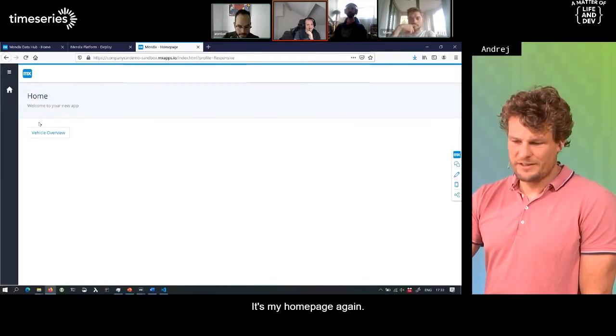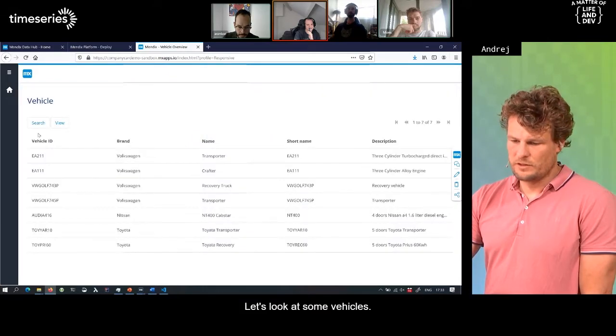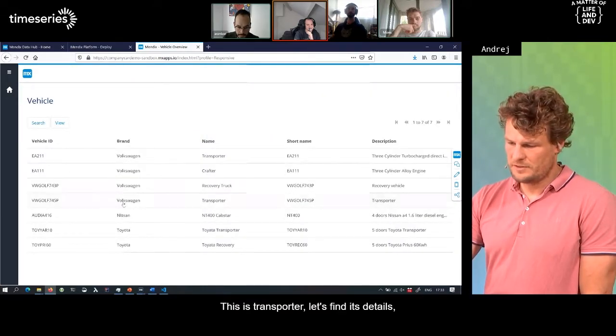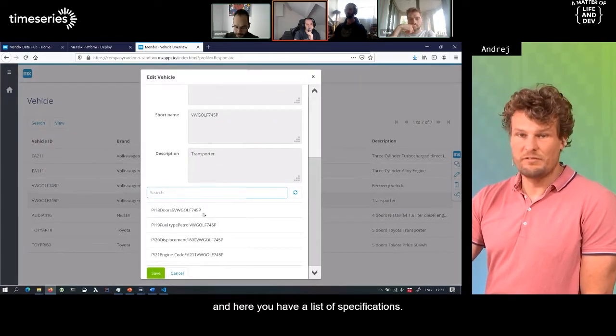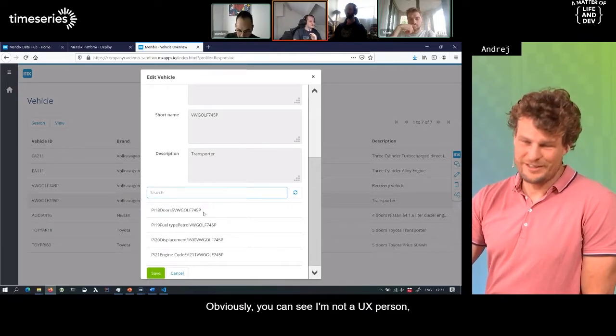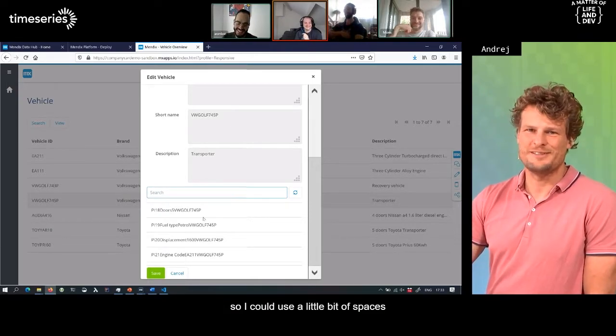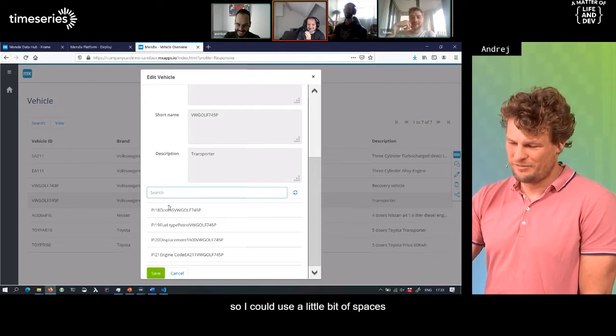Here's my homepage again. Let's look at some vehicles. Okay, this transporter. Let's find its details. Okay, and here you have a list of specifications. That scroll bar though. Obviously, you can see I'm not a UX person, so it could use a little bit of